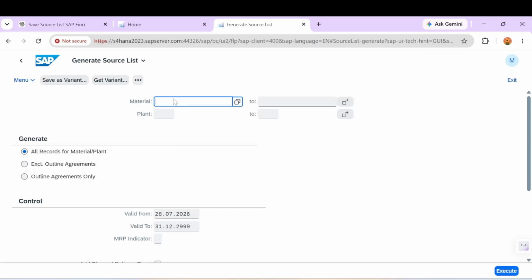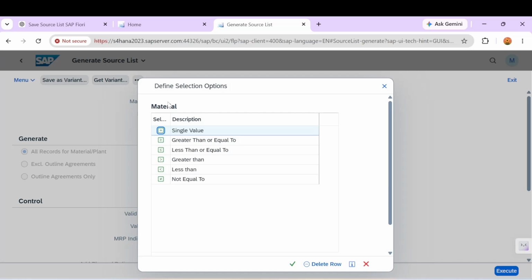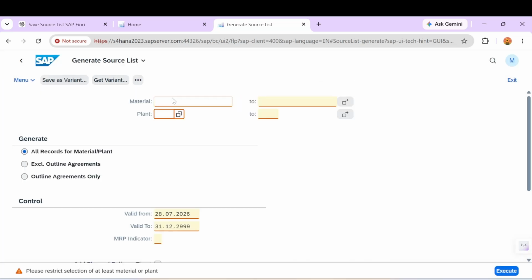Here we are going to mention our material number, whatever material.